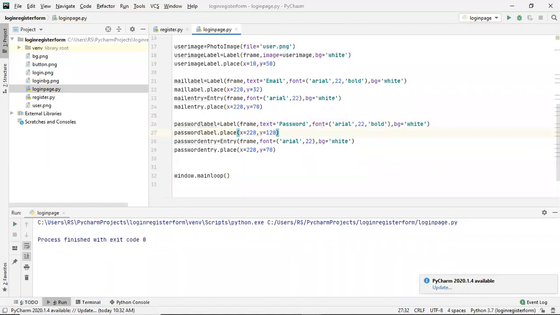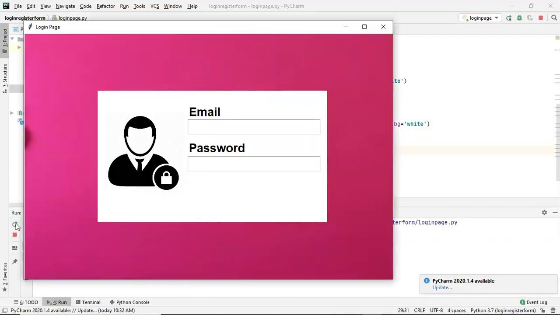And then entry field, x-axis will be same here, 220, and from y it will be 120. Oh no, not 120, 160. If I run now, you got this email and password here, right?